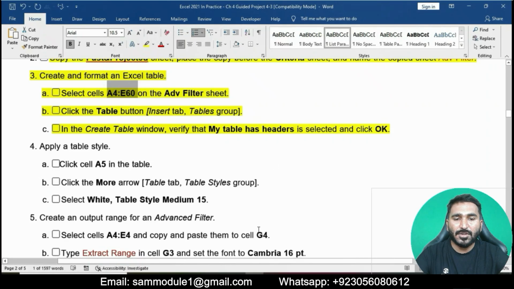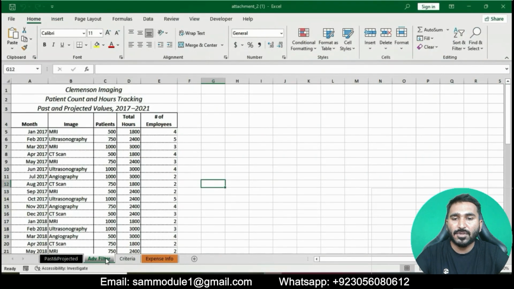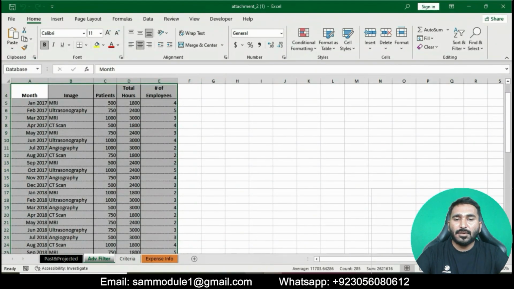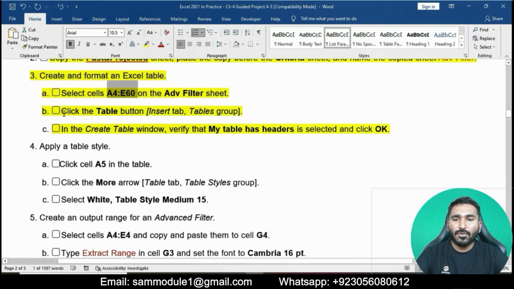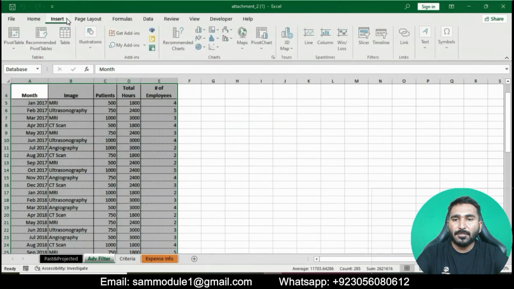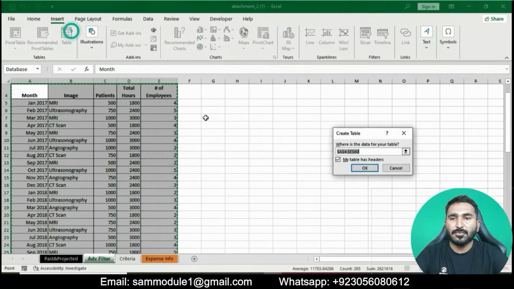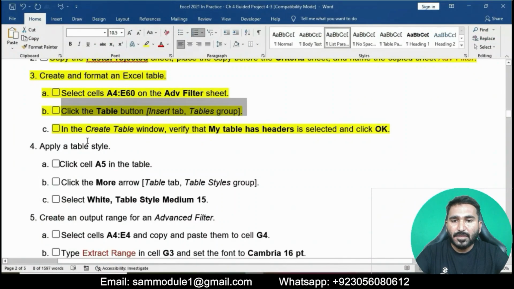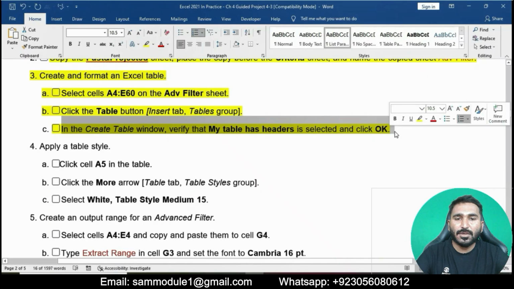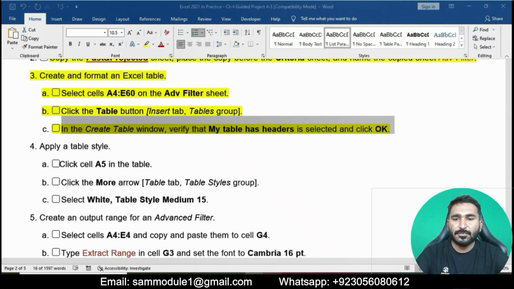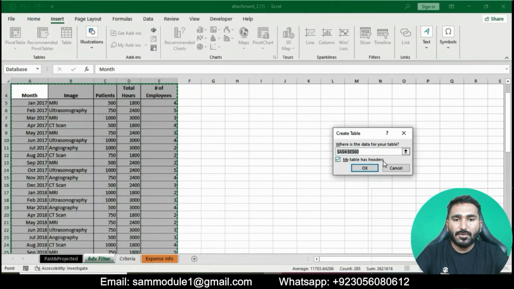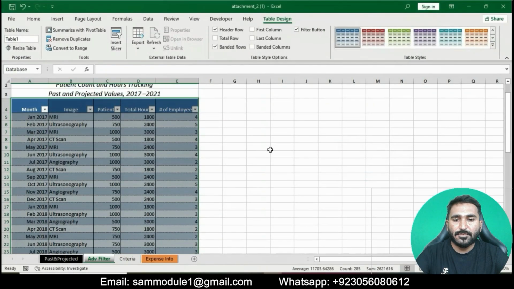Then go to the Insert tab, and in the Tables group click on the Table button. In the Create Table window, verify My table has headers is selected, then click OK. Okay, the table will be created.